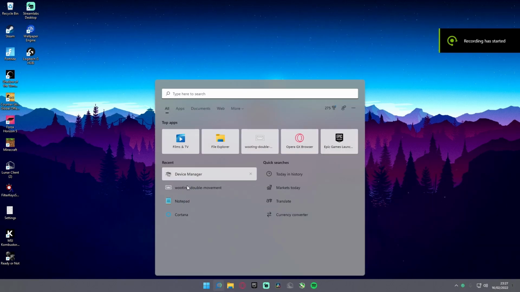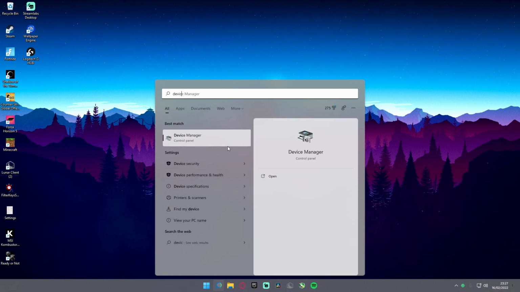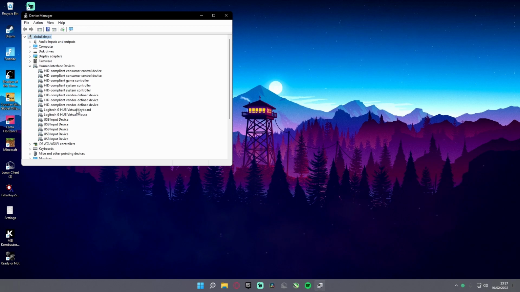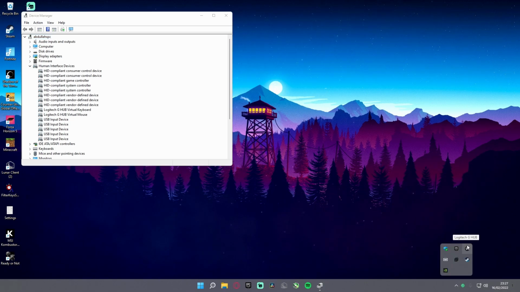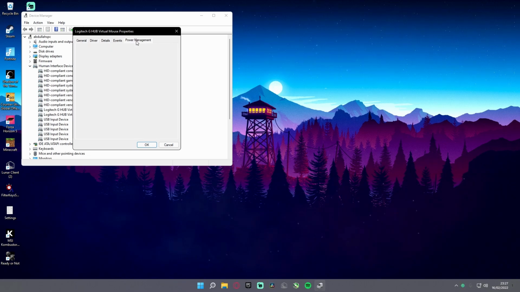Okay guys, the first thing I want you to do is go into your Windows search bar and type in device until you find Device Manager in your control panel. Open it, then go into human interface devices. It should show up with whatever mouse you have. I have a Logitech G402, so it says Logitech G Hub, which is the software that I use. So I'm going to right click on it, properties, go to power management,